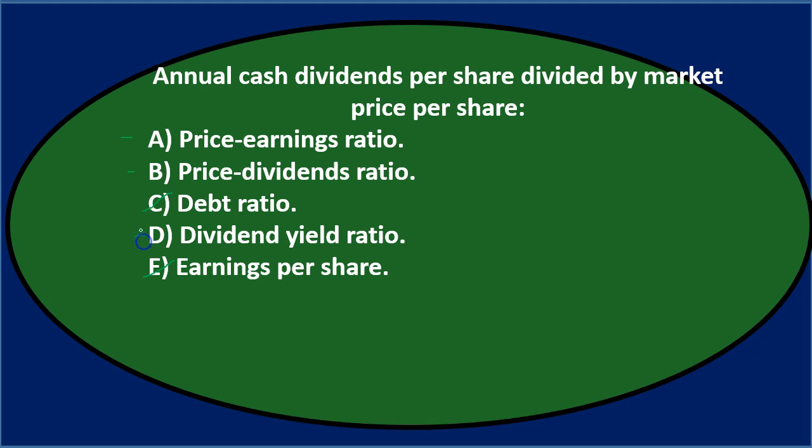I know that can be a little bit confusing because the second one seems like it has those two components in there. It's got the price and the dividend ratio. However, we typically would be calling it the dividend yield ratio. Also note that this one seems a little bit backwards too. You would think it would be dividend to price ratio rather than the price to the dividend ratio. In any case, dividend yield ratio, final answer. We're going to